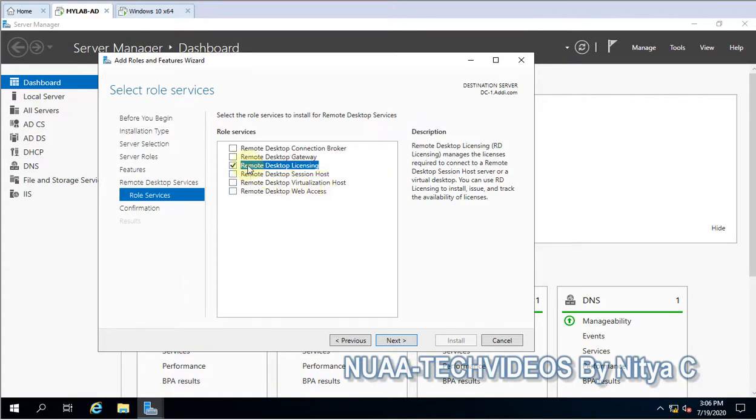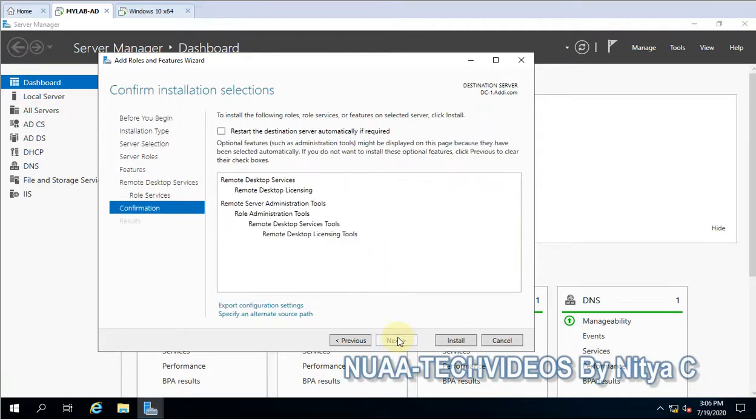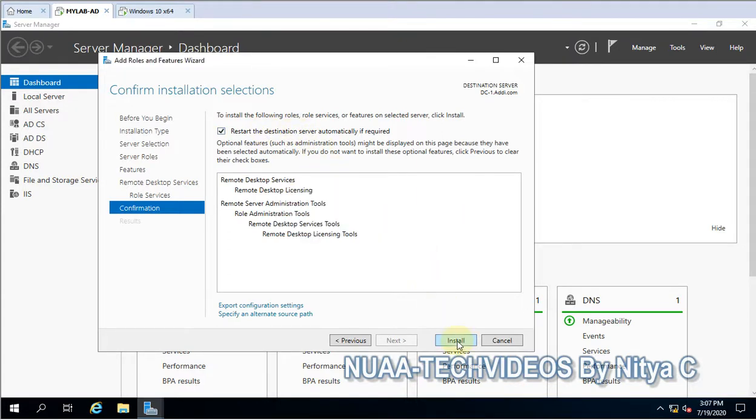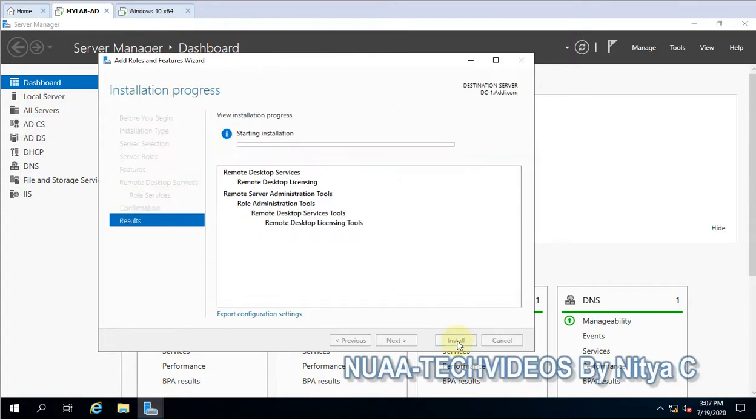But right now our target is to have an RDS server which can issue the license to do the RDP for the end users. So let's click on next, and I will select restart if required, so it restarts automatically. Let me click on install.